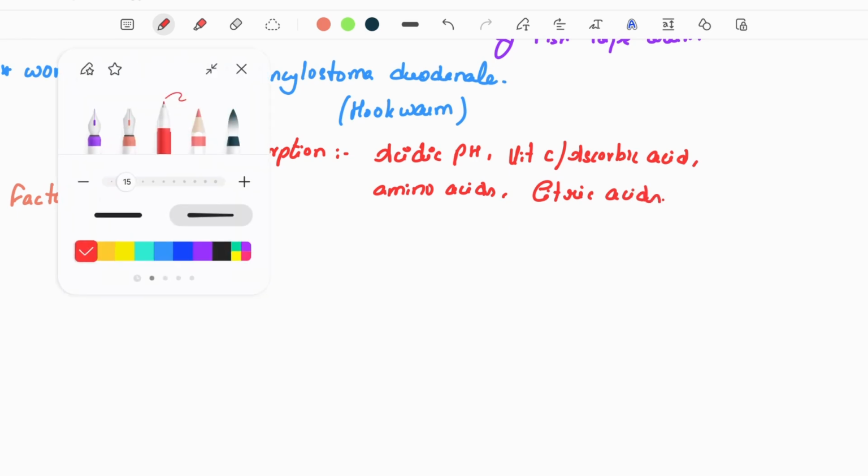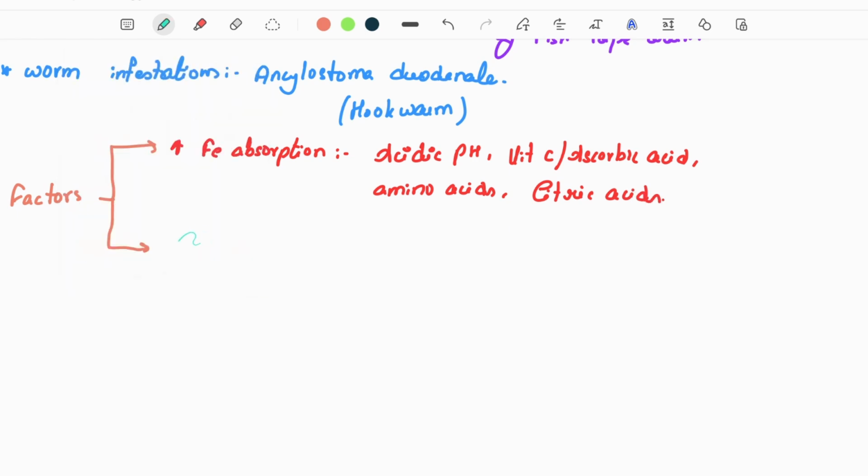And there are few examples in which we can observe decreased iron absorption. They are alkaline nature, alkaline pH, tannins,